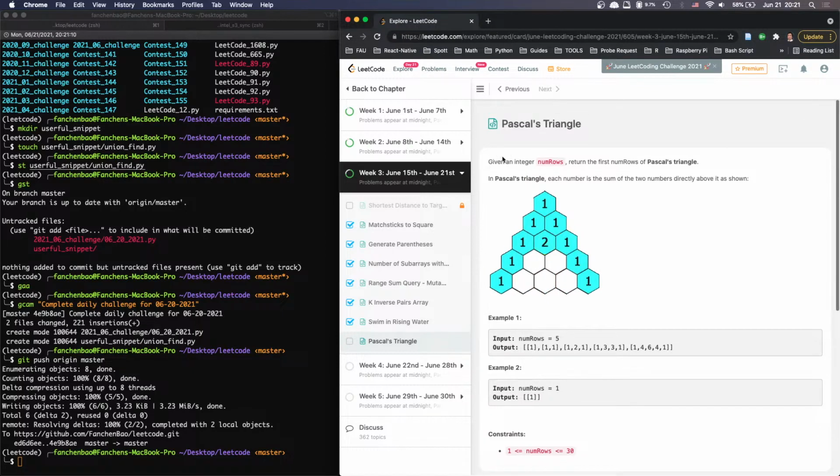So what we are trying to do is, given an integer, return the first numRows rows of Pascal's triangle. Each number is the sum of the 2 numbers directly above it. I'm not gonna call combination. Come on, internet. The internet has been acting up lately. All right, let's just do this. So basically, it's going to be recursion if you think about it. Not really. We don't need recursion. It's just a loop, and every time we just